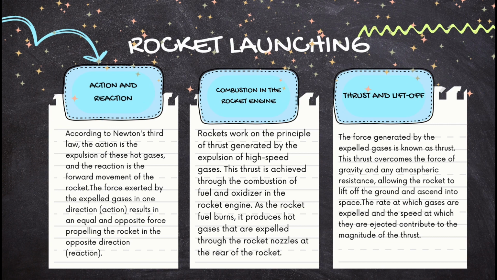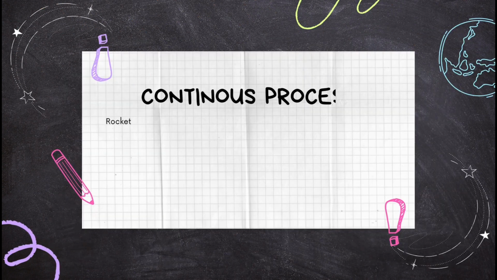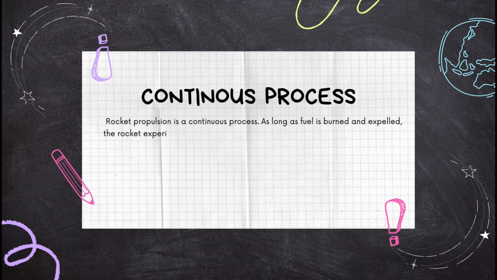The force generated by the expelled gases is known as thrust. This thrust overcomes the force of gravity and any atmospheric resistance, allowing the rocket to lift off the ground and ascend into space. The rate at which gases are expelled and the speed at which they are ejected contribute to the magnitude of the thrust. The last one is continuous process. Rocket propulsion is a continuous process. As long as fuel is burned and expelled, the rocket experiences a continuous reaction force, enabling it to accelerate and